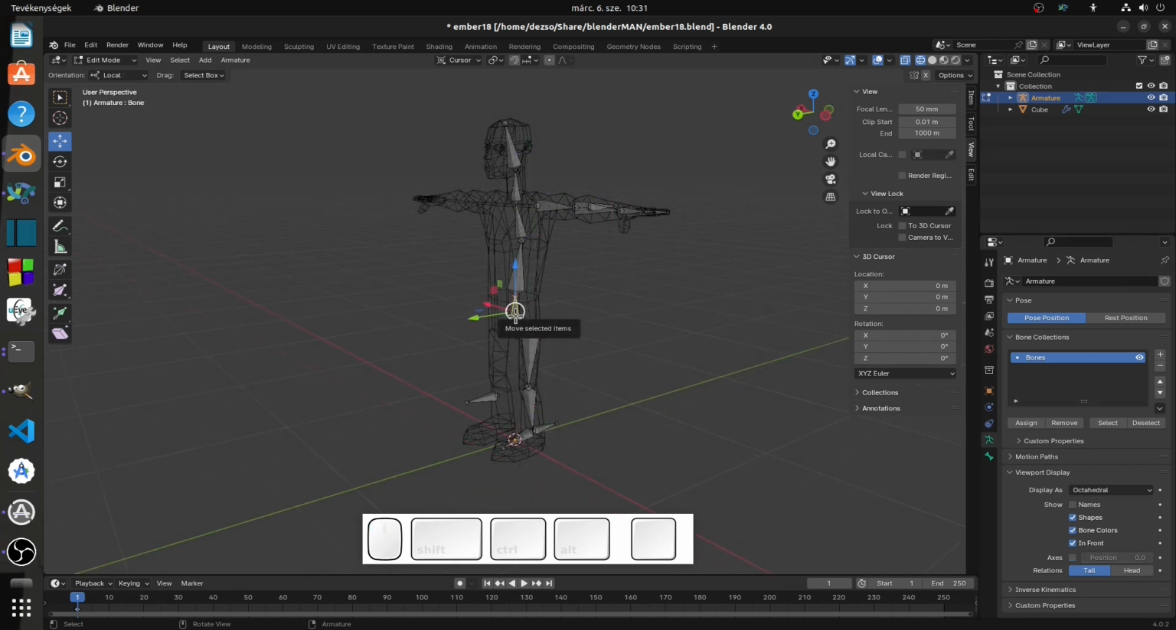I give every bone a name. I select the bone and the F2 key pops up a field in which we can enter the name of the bone. Bottom. Back 1. Back 2. Neck, head,